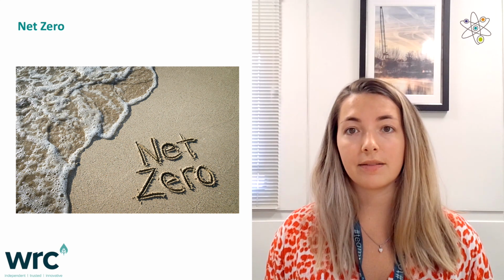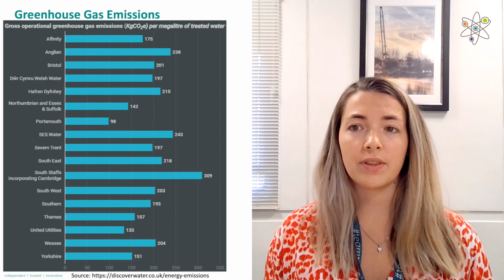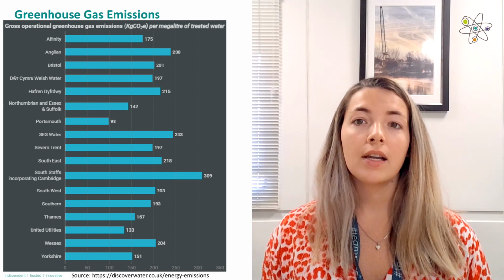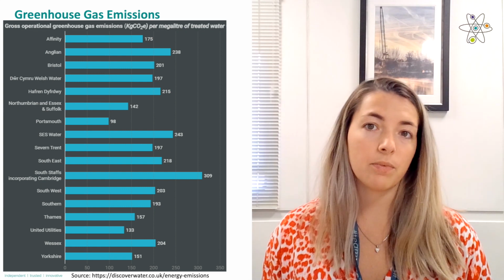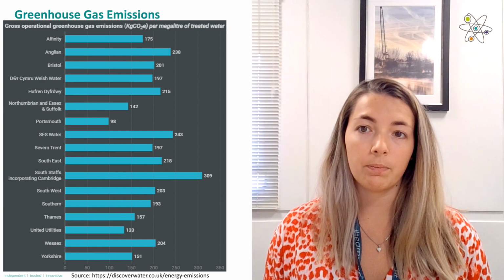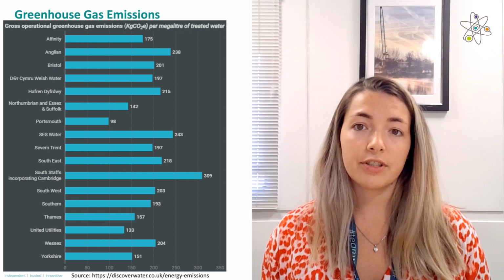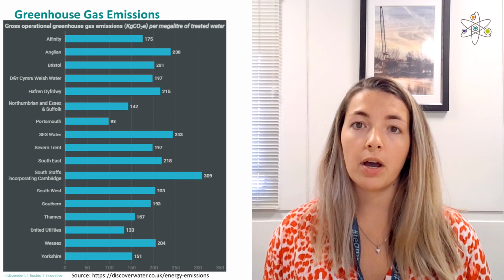Although on the face of it, these two challenges appear very different, they are intrinsically interlinked. This is a list of water companies in England and Wales with their greenhouse gas emissions per megalitre of treated water. The amount of carbon produced to supply water varies by company, from 98 kilograms of CO2 equivalent per megalitre to 309. So if you were to average these, it gives you 193 kilograms of carbon equivalent per megalitre of